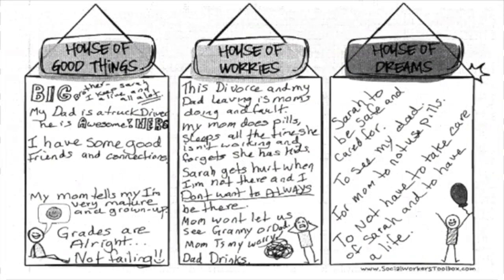He doesn't always want to be in charge of his sister. He doesn't get to see his dad. And then similarly, when we ask him, if tomorrow you woke up and all the worries were gone, what would that look like? What would your dream day look like? For him, it's about safety for himself and his sister, being able to see his dad, his mom not using pills, and, in a 12-year-old's mind, to not have to take care of his sister